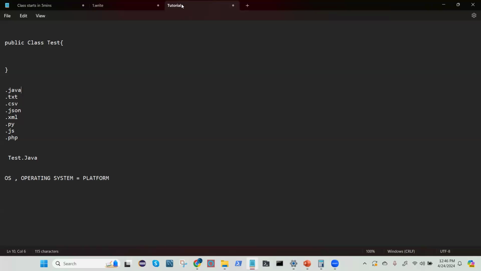So now, what is happening here? The platform is getting changed, right? Like I created the file in Windows 11, compiled the file in Windows 11, but now I want to execute the file in another machine that contains a different platform. When we say platform independent, it means that